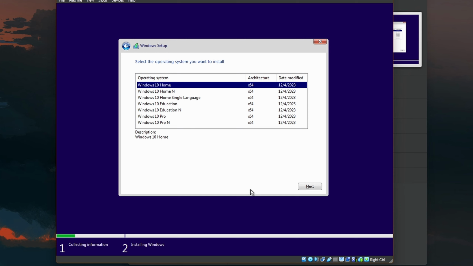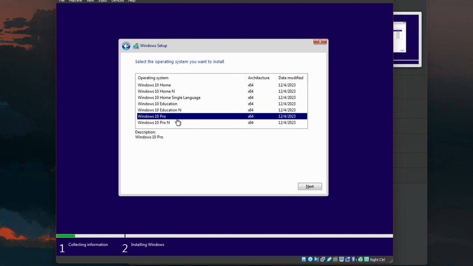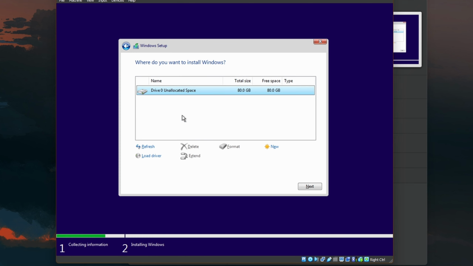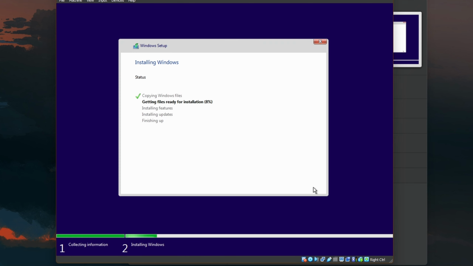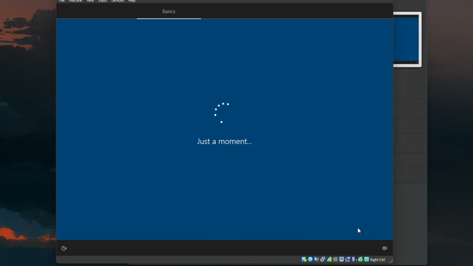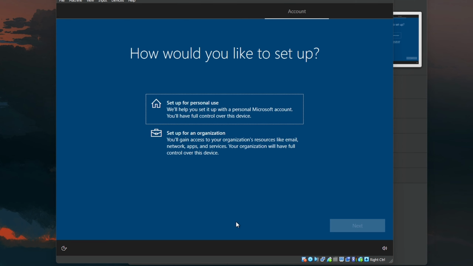Now it wants us to pick the edition of Windows that we're going to be running. I'm going to select Windows 10 Pro. For this next step, I'm going to hit Continue. Once we're done with the install, we'll go through the usual next. For this next part, we'll want to select Setup for an organization, and I'll show you why on the next